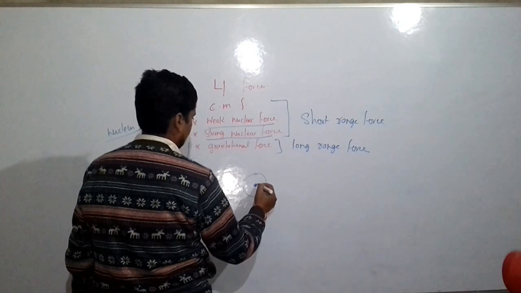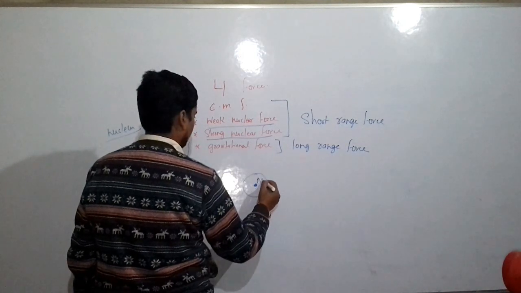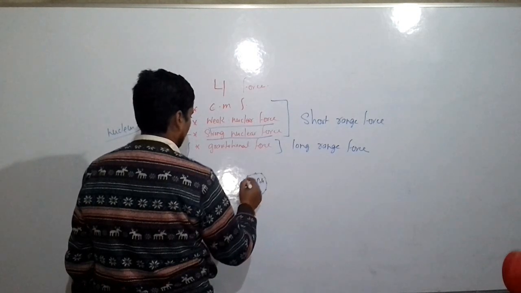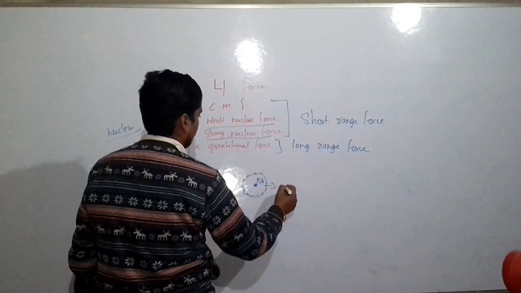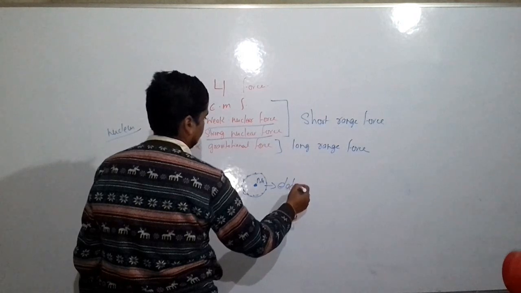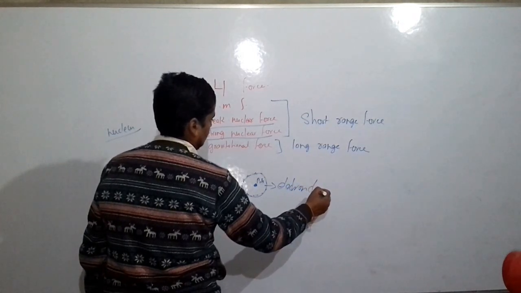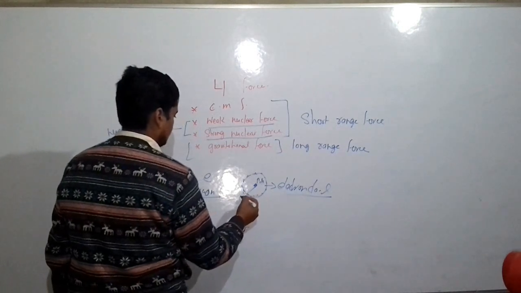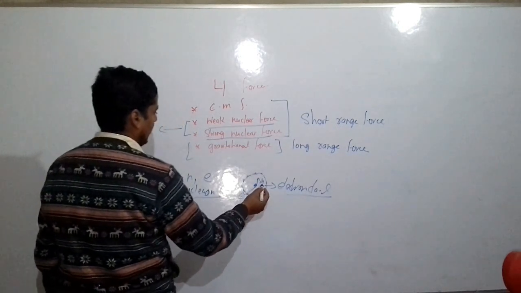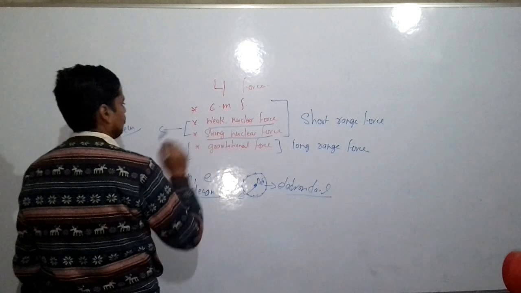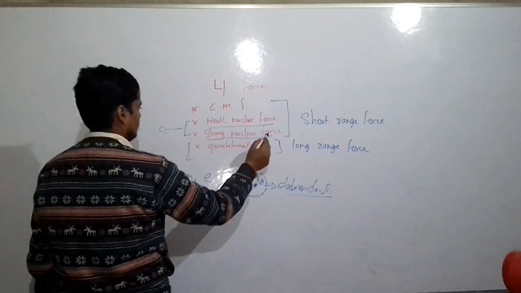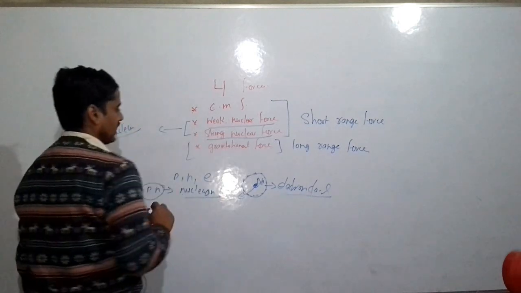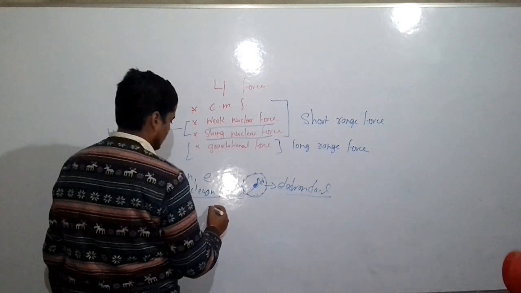This is the nucleon, proton and neutron, and there is a cloud-like structure around the nucleon, which is the electron cloud. So the weak nuclear force and strong nuclear force are working in these nucleons, and the electromagnetic force is working